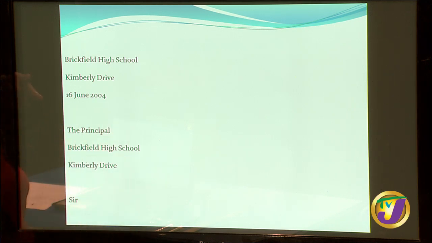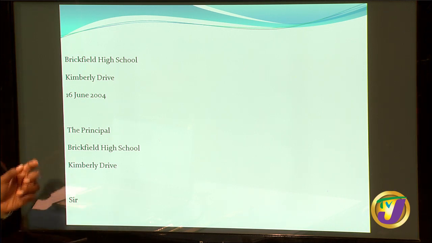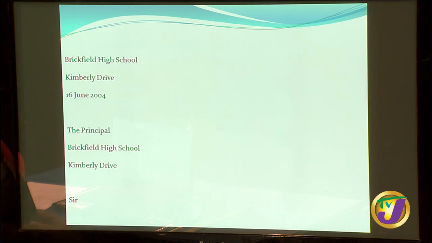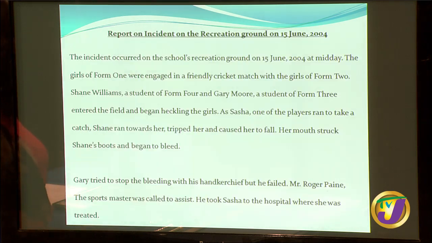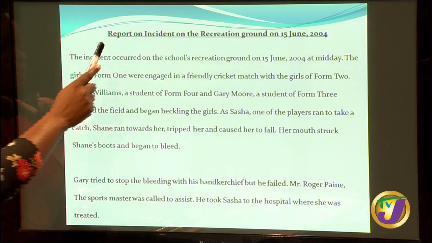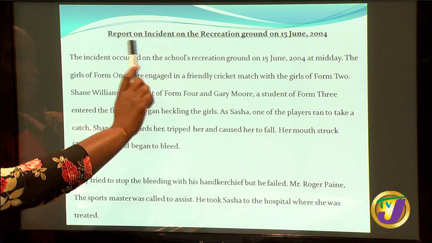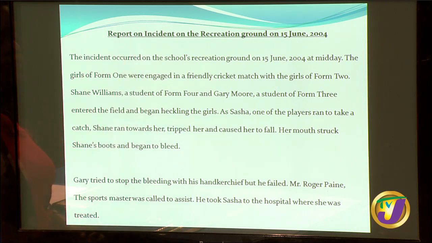Notice, for this report, we do not know the name of the principal, so we only give the title. But if you know the name of the person, then it is important for you to give the name. Brickfield High School, Kimberley Drive. If you notice, we have our heading, our subject: report on incident on the recreation ground on June 15,